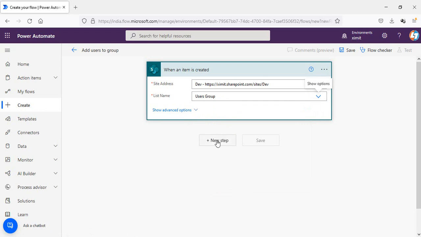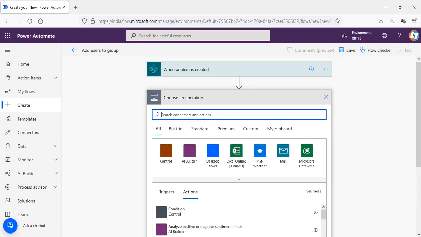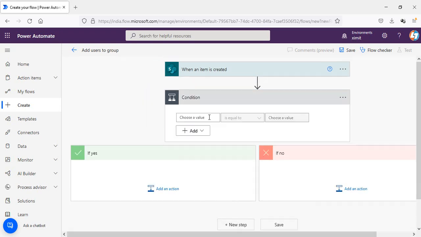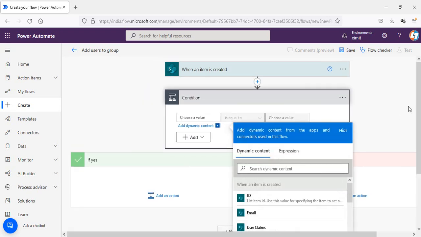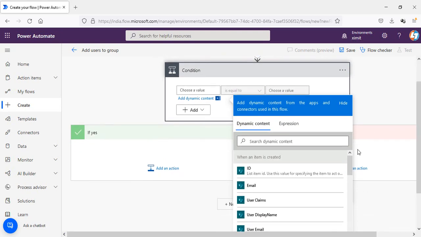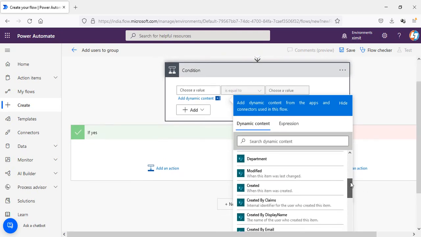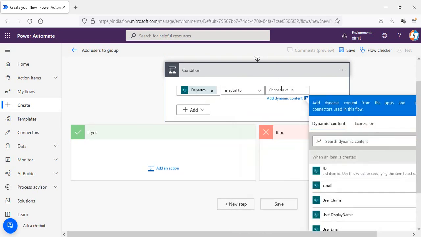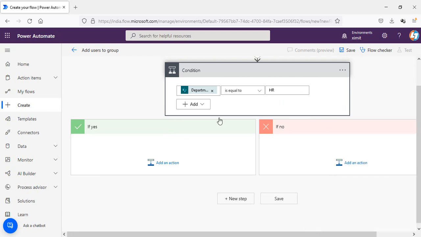the list name will be users group. And the next thing I'm going to do is a control condition, and I'm going to choose a value that is department is equal to HR. So you can put either HR or finance, because if it is not HR, it will be finance by default, because I have only two groups, right? And if department is equal to HR,